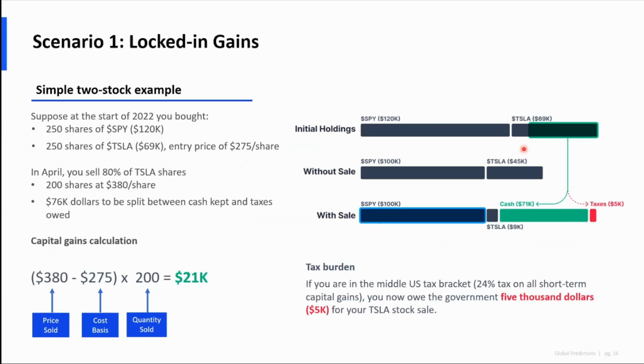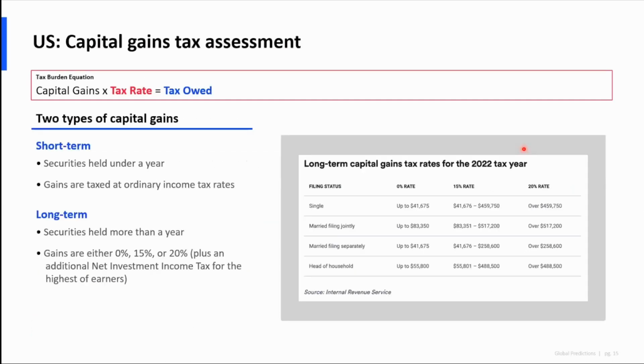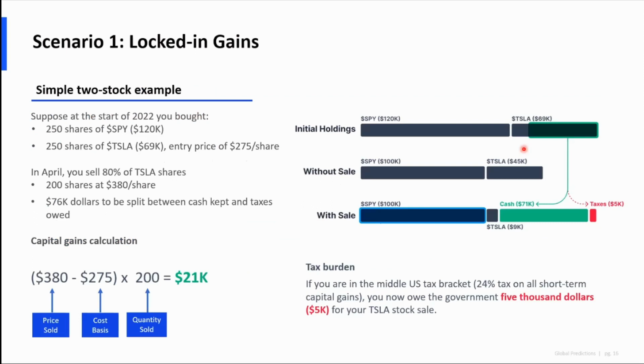So in the last example that we went through, where we're just buying Tesla, we didn't really have any opportunity to harvest because it was really the only thing that we owned. In this example, I want to make a slightly more detailed portfolio where we have two holdings. Posit that you bought 250 shares of an S&P 500 ETF and 250 shares of Tesla again at the beginning of the year. So your portfolio is going to look like this: you've got 120K of SPY and roughly 70K of Tesla.